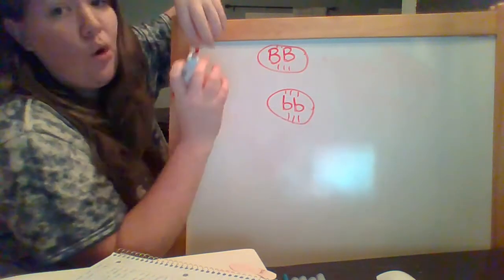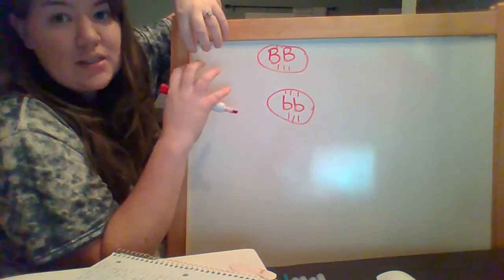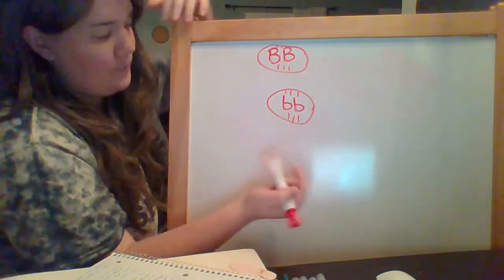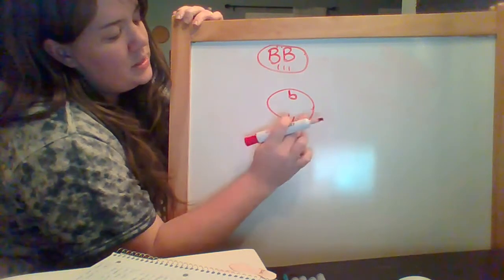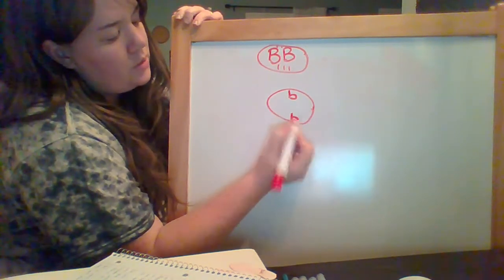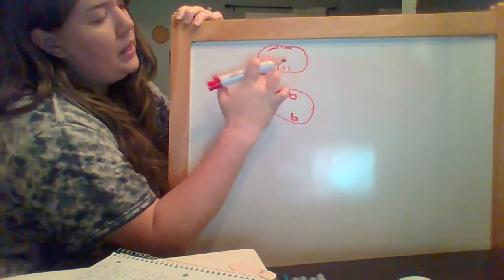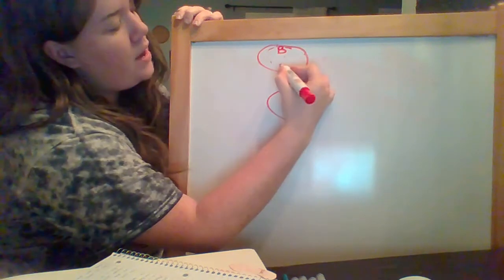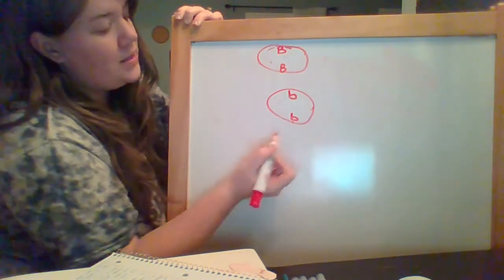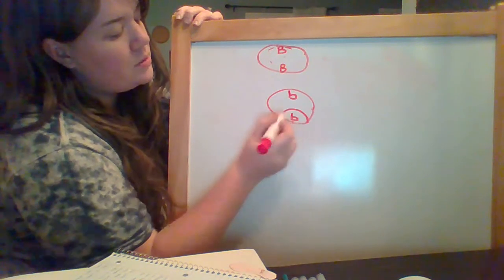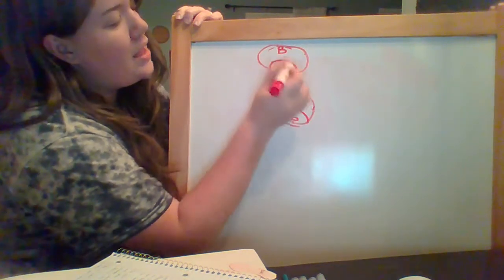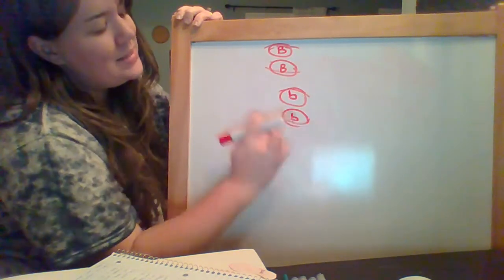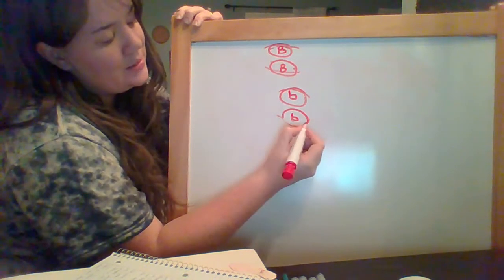So before it took the whole chromosome, each one had a different allele. Now it's going to take that chromosome and rip that in half. So one half is going to be pulled to this side, and one half is going to be pulled to this side. And the same thing will happen up here. One half's pulled there, one half's pulled there. And then in telophase 2, it's going to close it into its own cell. And voila! We now have 4 separate gametes